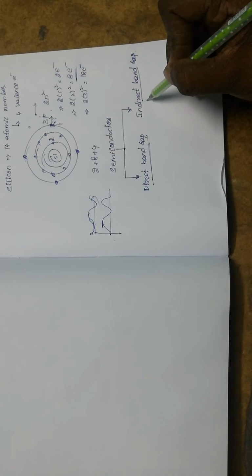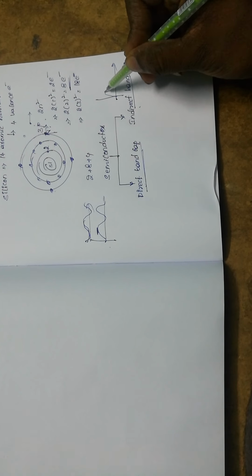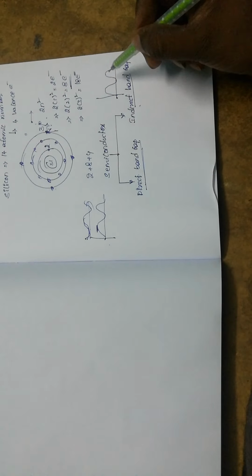And in indirect band gap semiconductors the momentum is different, that is, if the momentum of the valence band is like this,